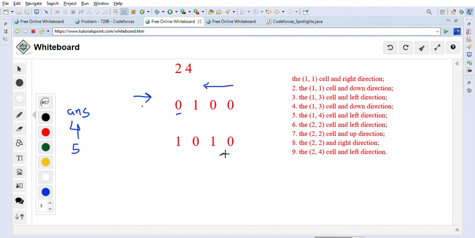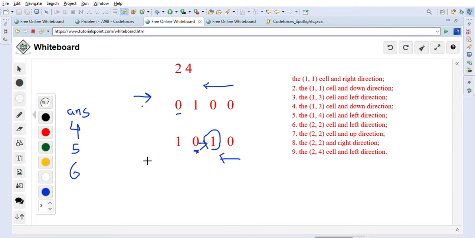When we go again from here, after this one, we will find one empty spot, this one. It means we can put a spotlight here, because it will be pointing in the right direction. So we will increment our answer to 6. So we found 6 when traversing rows.